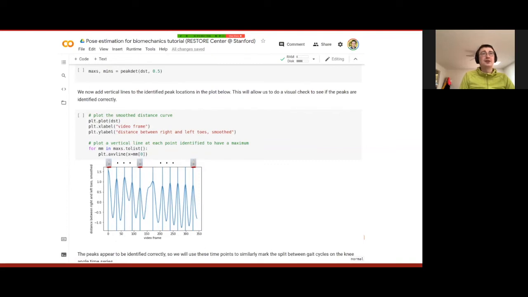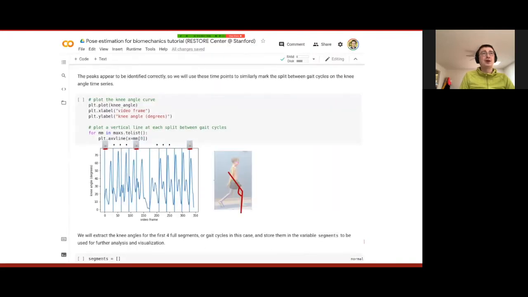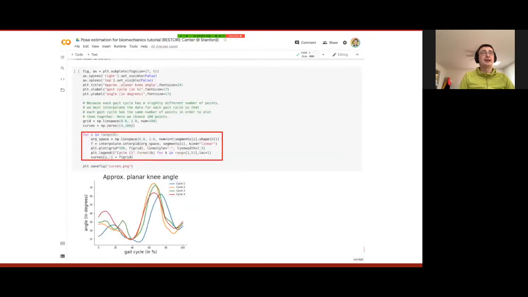Now we can take those peaks and apply them to our knee flexion gait cycle, knee flexion angle over time. So now we segmented the knee flexion into gait cycles, and we'll be interested in plotting those 4 first gait cycles and the knee flexions in gait cycles in one plot, so that we can compare those 4 curves. So now we just cut it and correct the